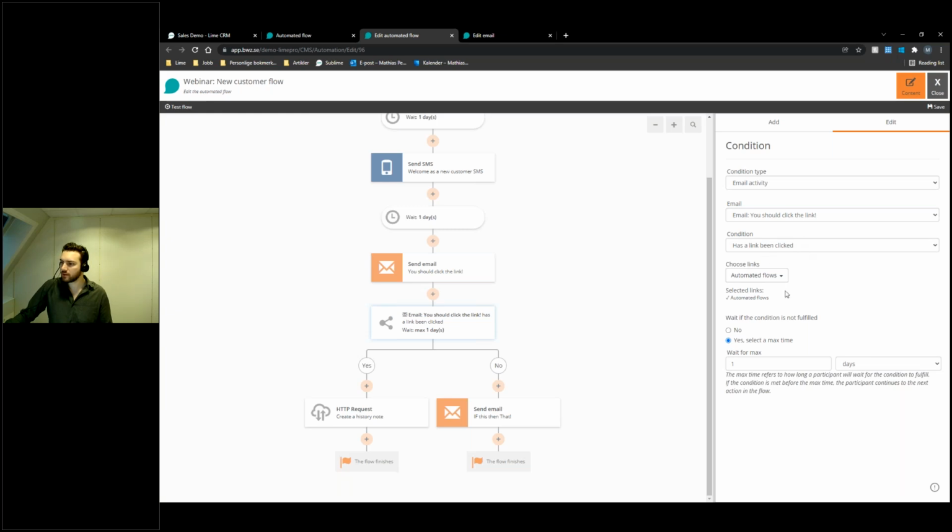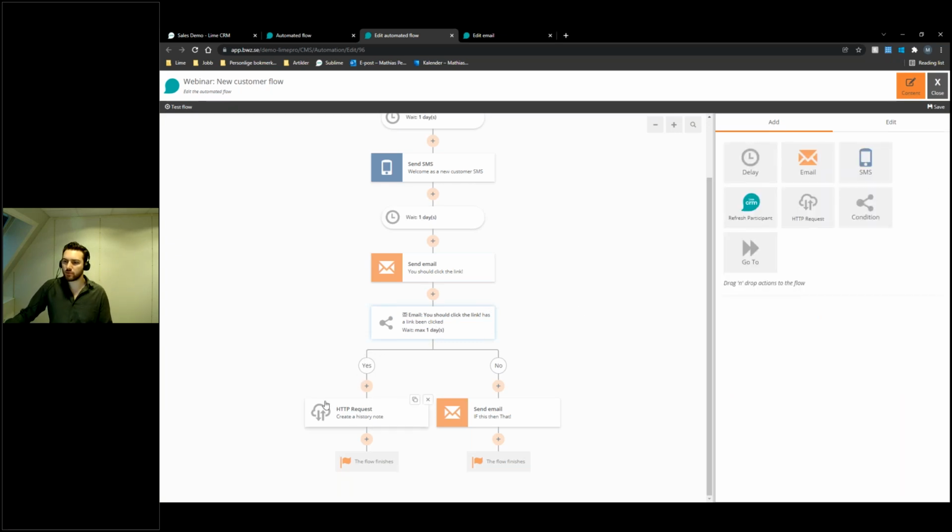So let's go back to here. When we're done with the settings, then we want to know what happened. So if they have pressed the link, then into Lime again, we want to create a history note that this person has pressed the link. Maybe we want to create a history note with an info tile in Lime that maybe our salesperson can